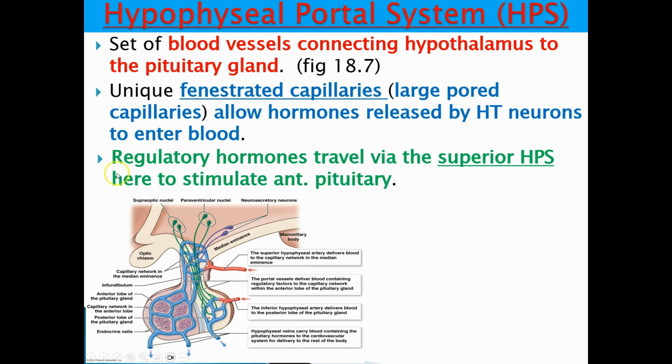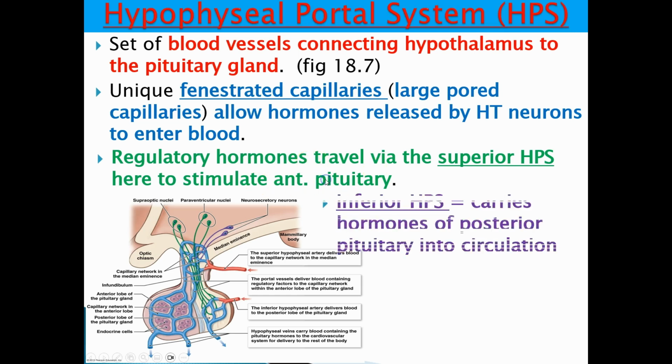So that's really the bullet point you need to know right there. The superior hypophyseal portal system is what allows regulatory hormones that are secreted by the hypothalamus to travel down to the anterior pituitary. All right, as far as the inferior hypophyseal portal system, and this was mentioned in the recent lecture, the part 2 portion of lecture 2,